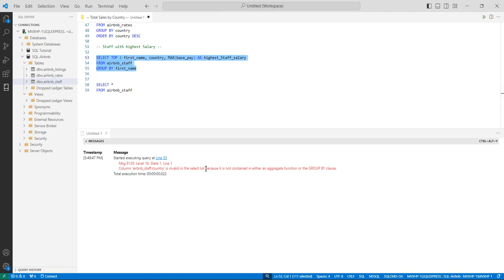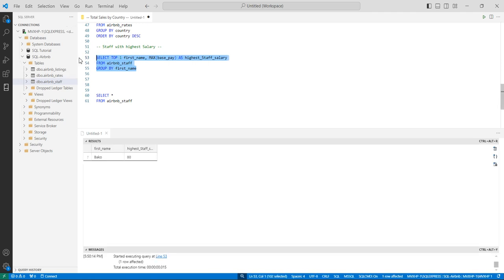Okay, understood. Yeah, I wanted to specify the country Baku is from, but if not that, we just leave this like this. So basically Baku is the staff with the highest salary, right? We also want to look at some subqueries